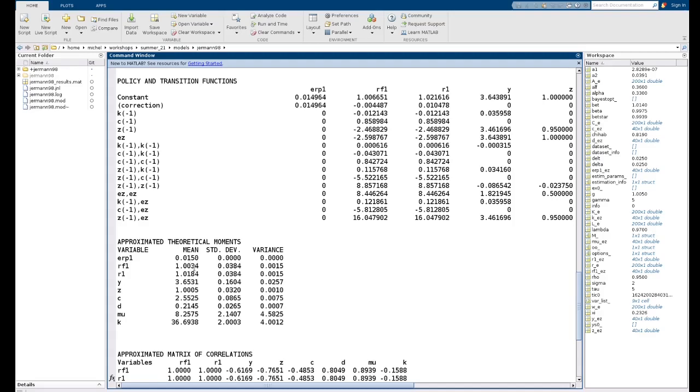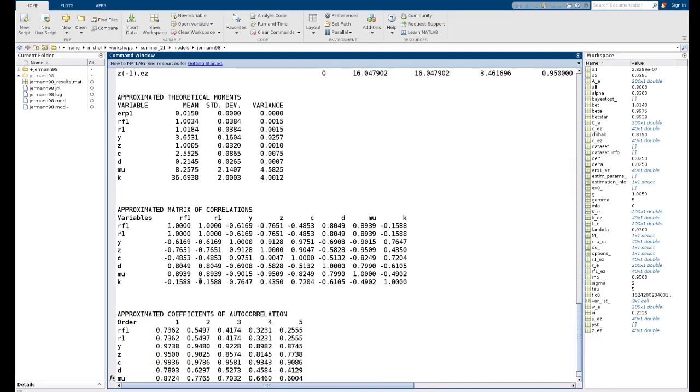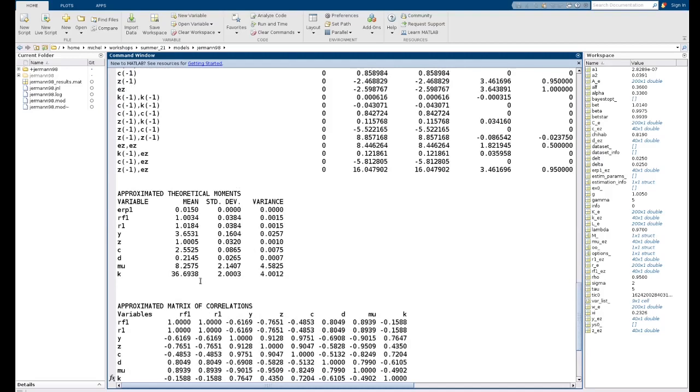That's the main thing to see. I'm not going to do it, but if you look at the impulse response function, you will see that there is no impulse response function for expected risk premium because at order 1, the risk premium is constant.